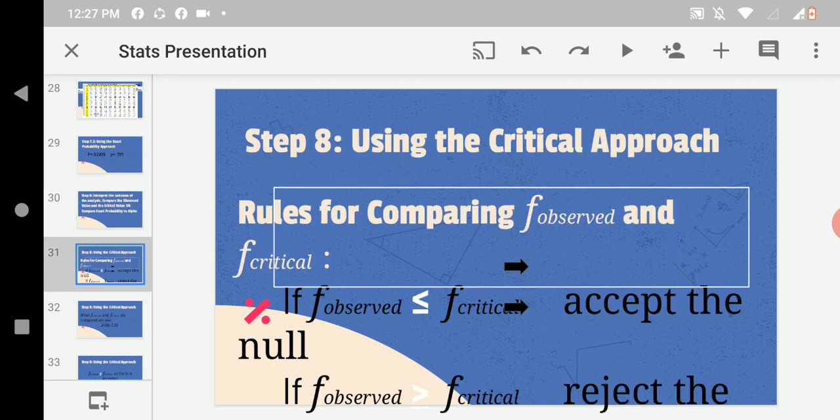So here is the first approach. In using the critical value approach, the rules for comparing F observed and F critical are